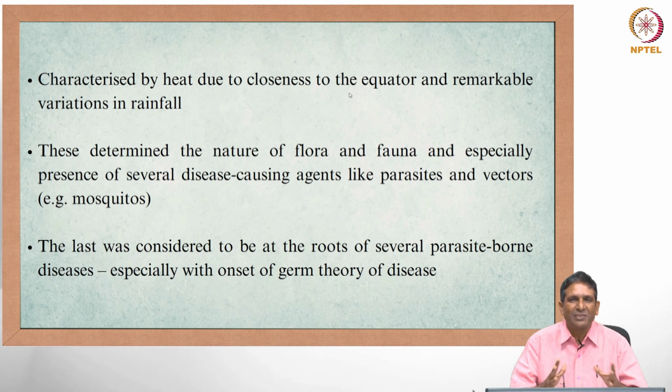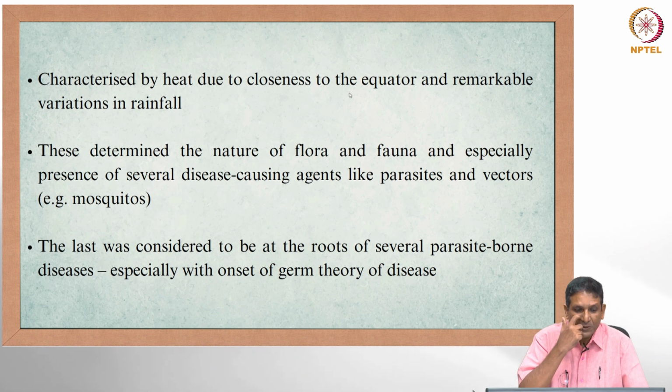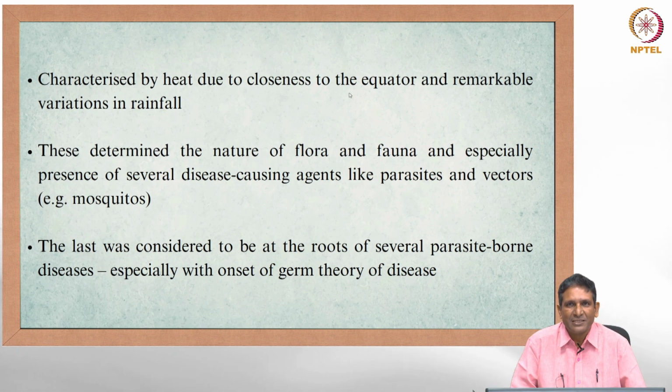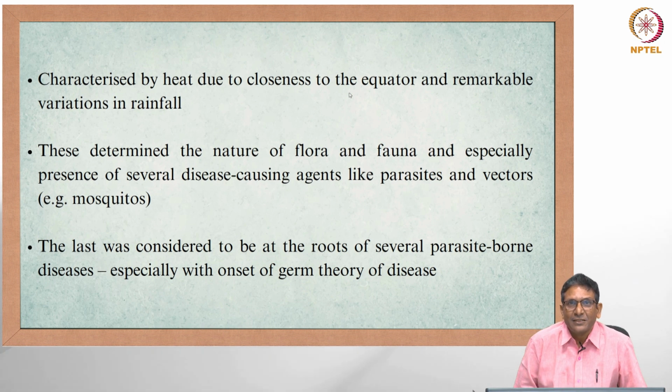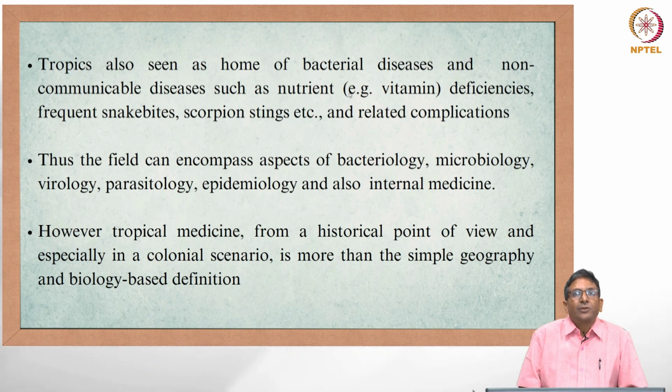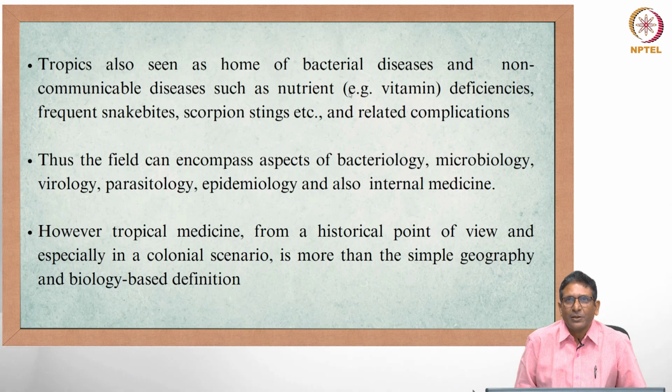So, at the scientific level, it is understandable that these things would determine the nature of the flora and fauna, and also some of those things which we are particularly concerned with, that is the disease-causing agents like parasites and various flies like mosquitoes, which act as vectors. Parasites and vectors were considered to be at the roots of several parasite-borne diseases, and especially towards the 1880s and 90s, with the advent of the germ theory of disease, these gained greater currency. The tropics were also seen as home of bacterial diseases